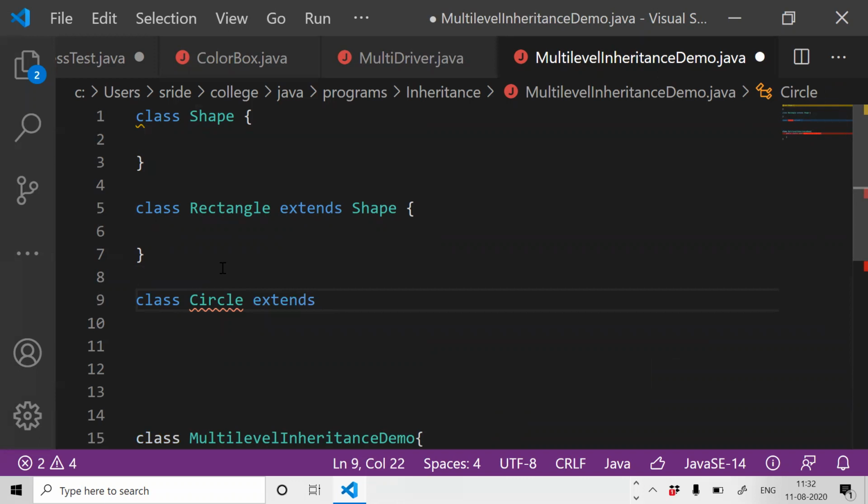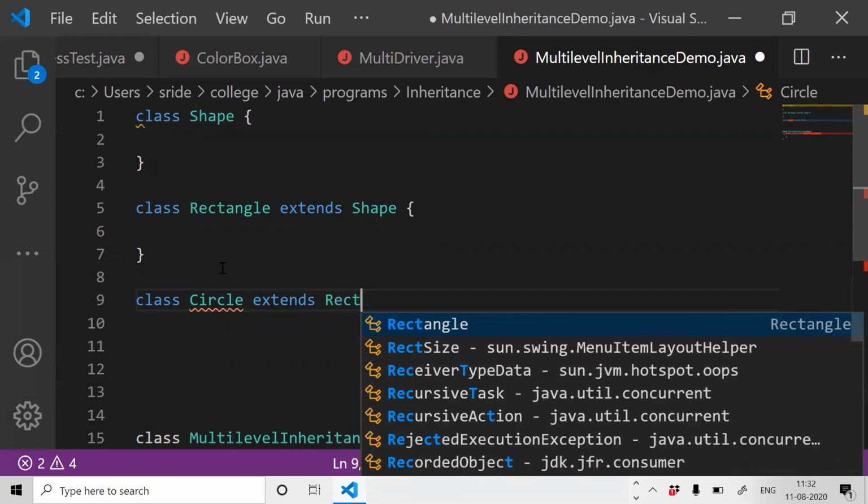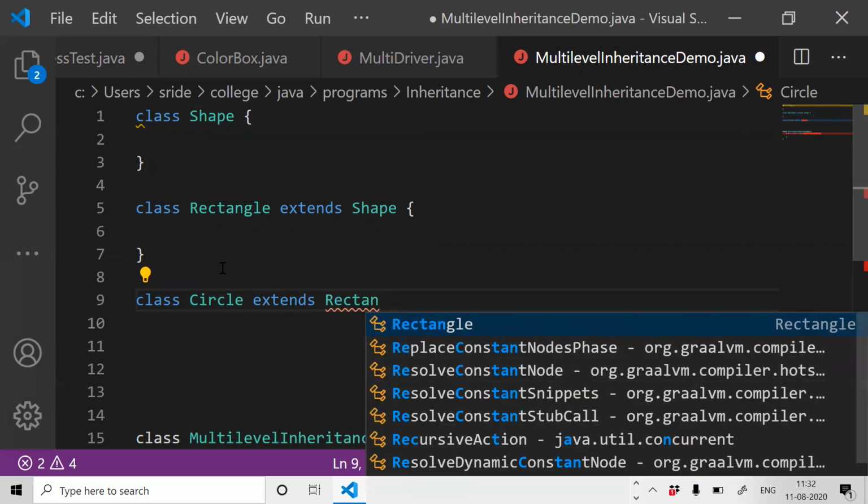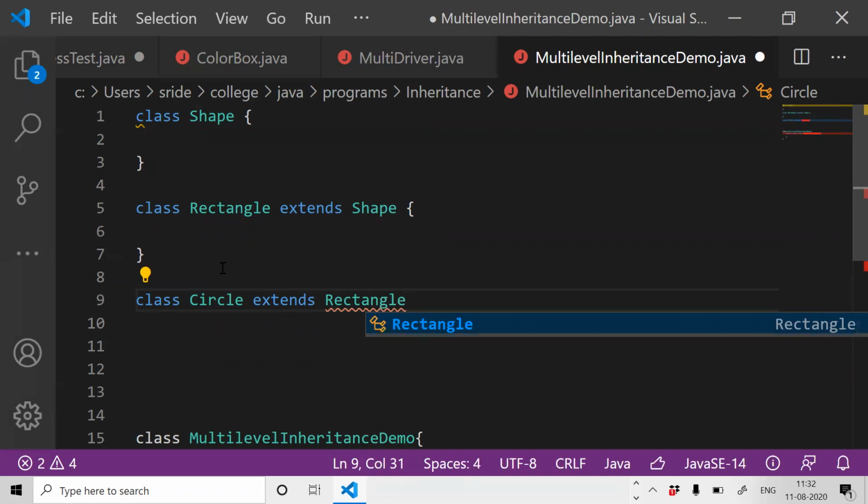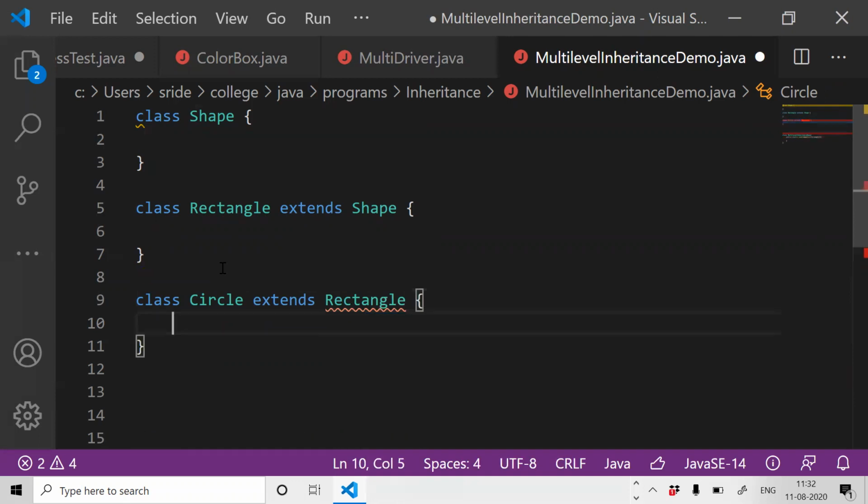For that, extends Rectangle. So if you observe this, Shape is the superclass, Rectangle is a descendant of it, and Circle is a descendant of Rectangle. So three classes with a multi-level hierarchy.